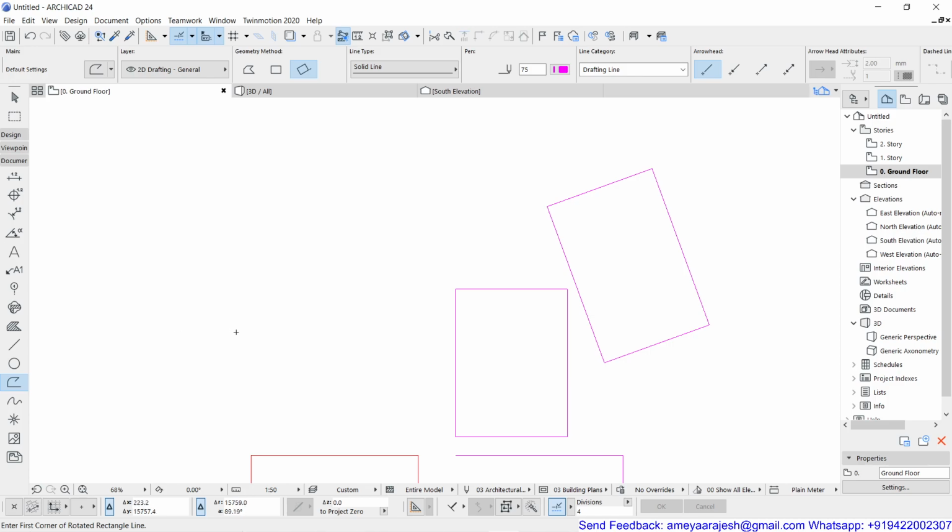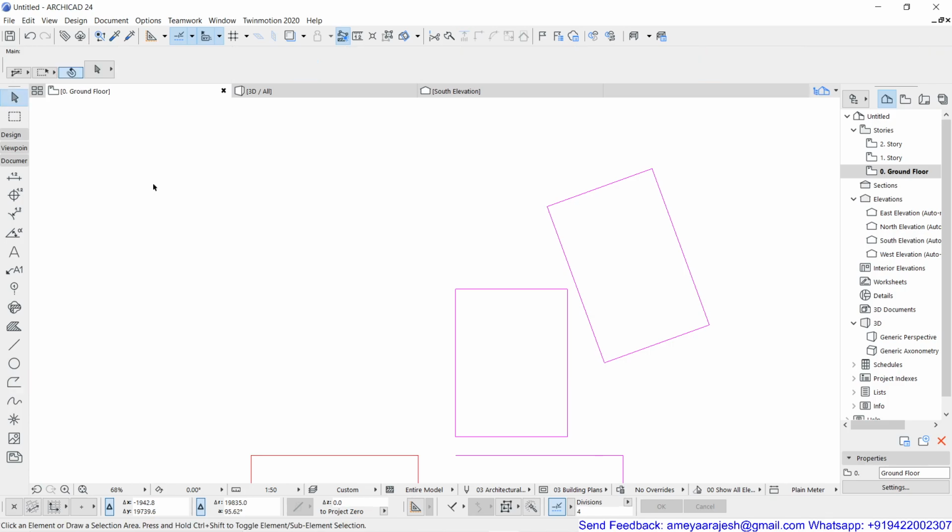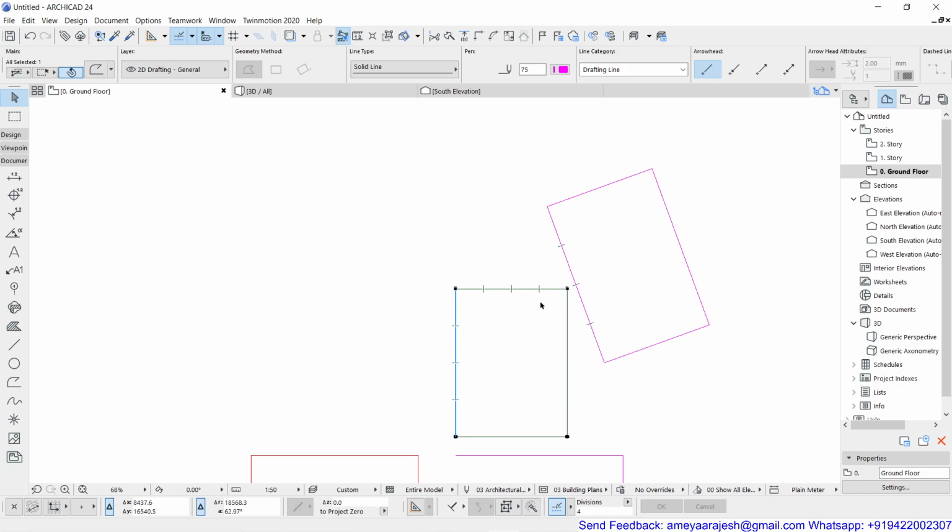Okay. So first of all, I'll press W from the keyboard. What will happen? I'll go inside the arrow tool. Now just check out when you go inside the arrow tool, and if you stay anywhere on the polyline, you will see that the entire segment is getting highlighted. Got the point? Okay. So if you single click, you will see that the entire polyline segments are getting selected.